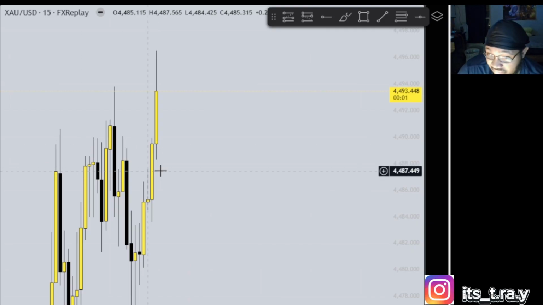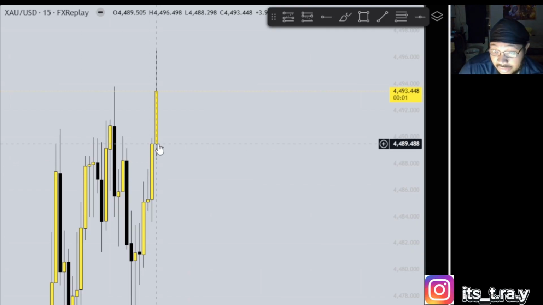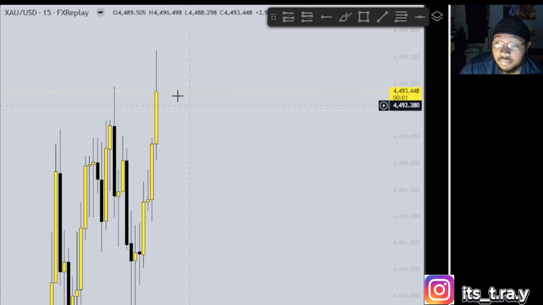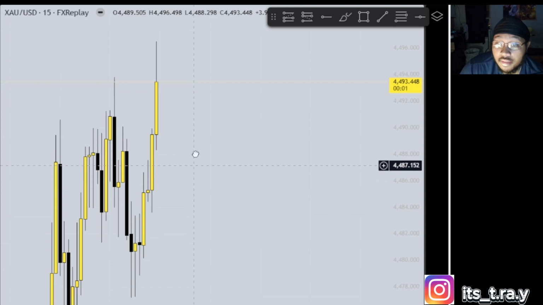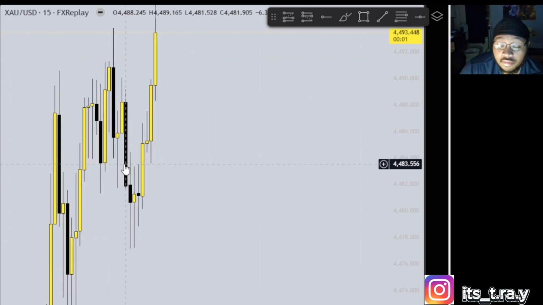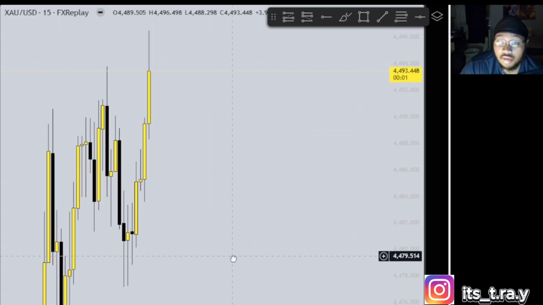So yeah. But like I said, bullish going up. The candles open at the bottom and they close at the top. And then the bearish candles, bearish meaning going down, open at the top and close at the bottom. Now,